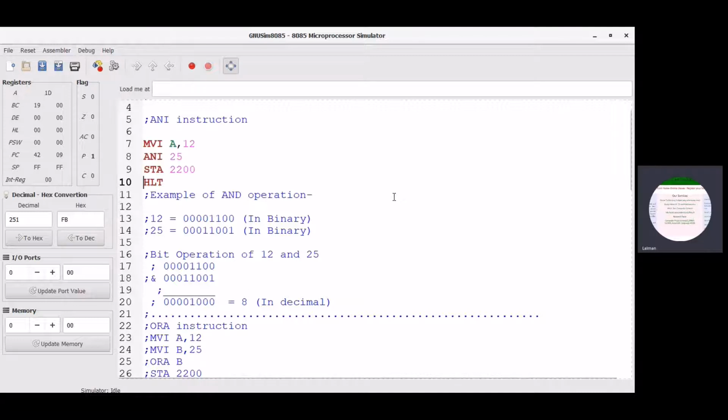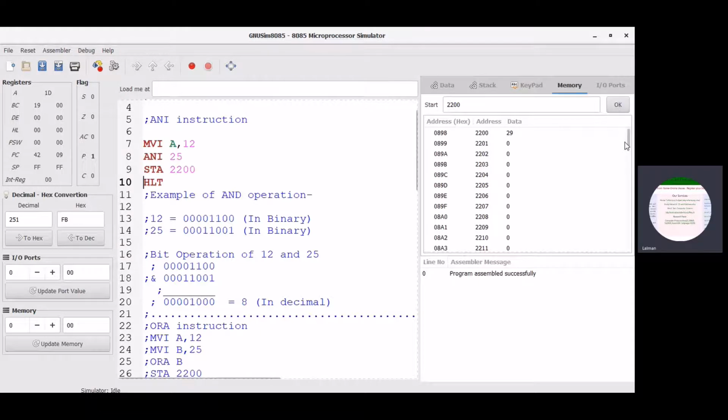So let's move to the simulator and see what the result will be after executing this program. This is the memory panel, and we reset the memory. This is 0. Now execute it from this place. After executing this, we get the result 8 at memory address 2200.